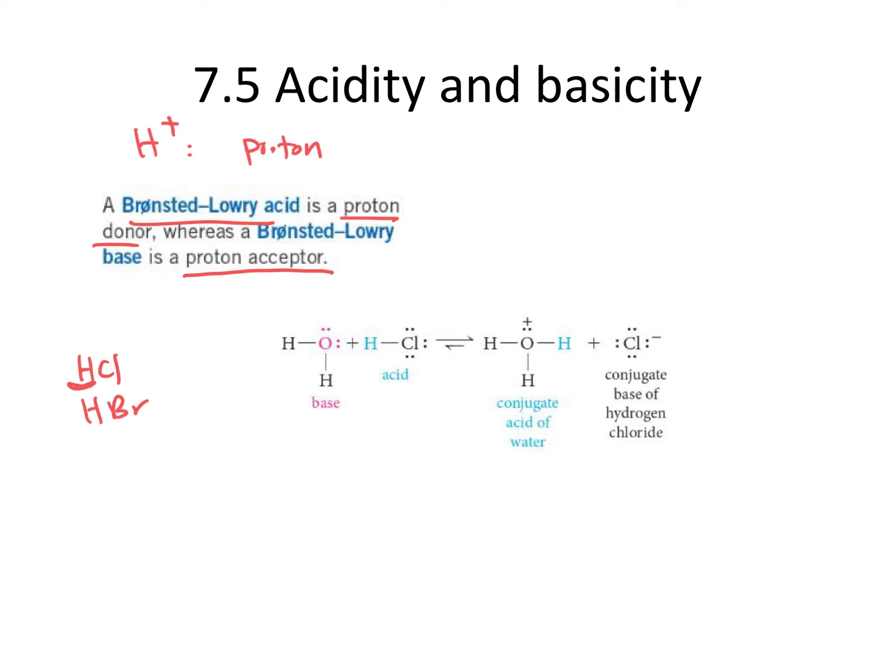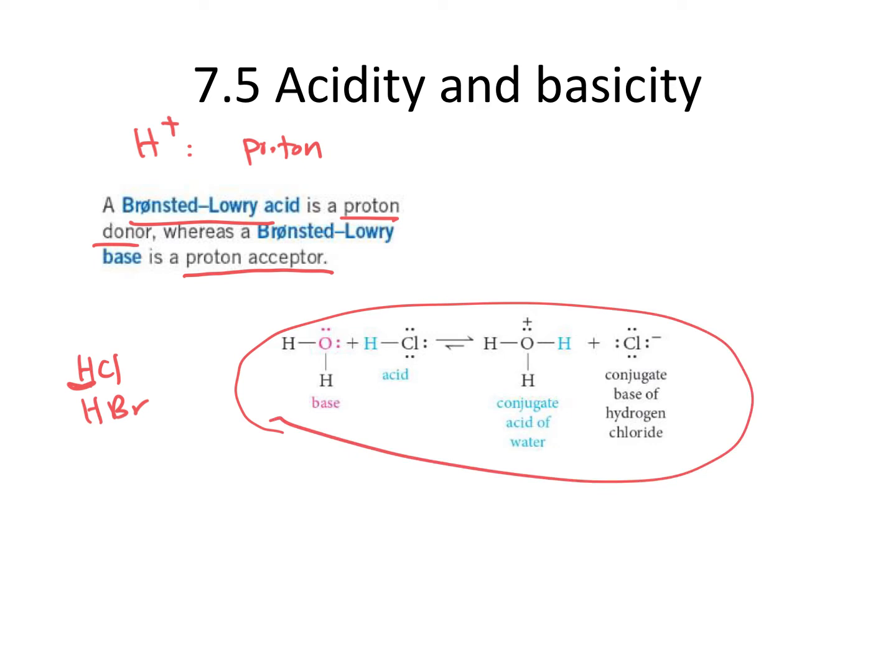Okay? So in the questions that I'm going to ask you today, I gave you this equation, the exact same thing. And I told you which ones are acids, which ones are bases. I wrote that as H2O plus HCl, with an equilibrium sign, and then you have these arrows, not the same length, because HCl is a strong acid. So this reaction proceeds more left to right compared to right to left. Does that make sense? So this is what it means when one of the arrows is longer. And that gives H3O plus and Cl minus.